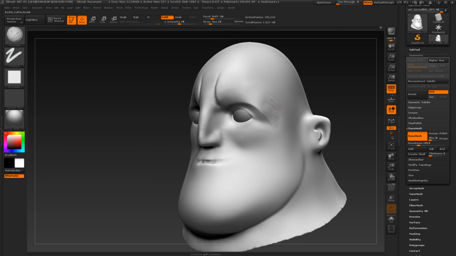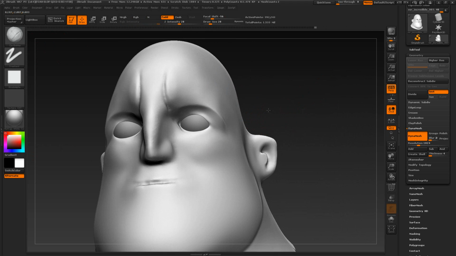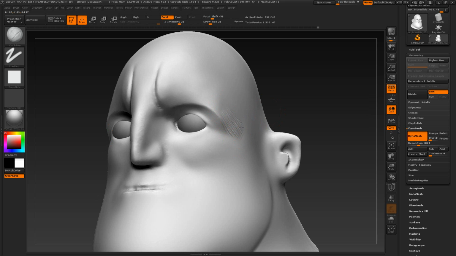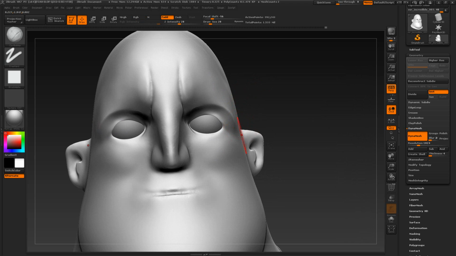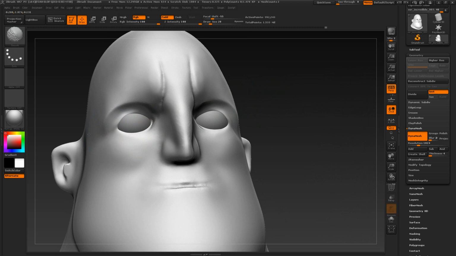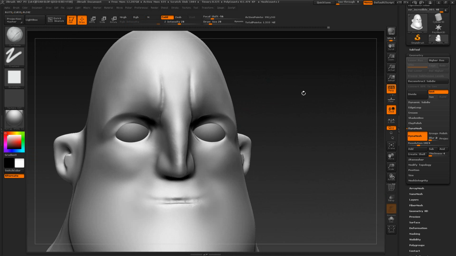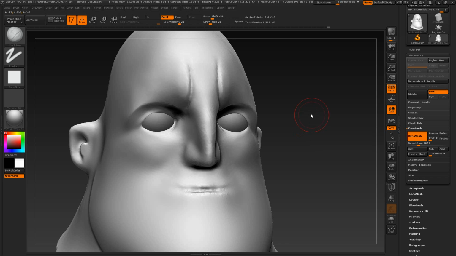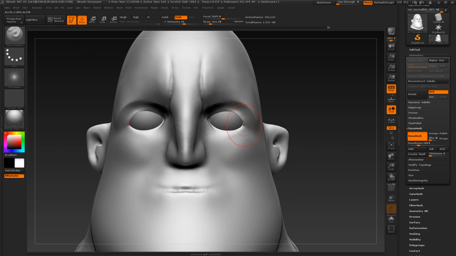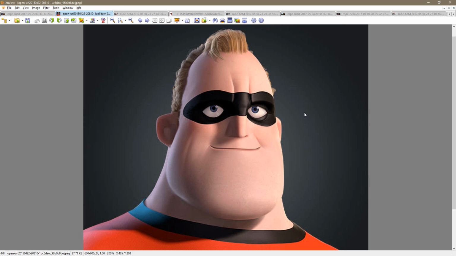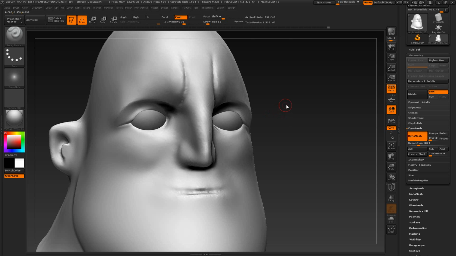His head is very stylized, so all this volume here that normally you would put in a realistic portrait, you would have much more valleys and depressions going through all the head. But for this character, his head is very, very stylized, something like that. And let's add a little bit of this crease here. I will add the final crease after the retopology, when I make the proper mask. But for now,